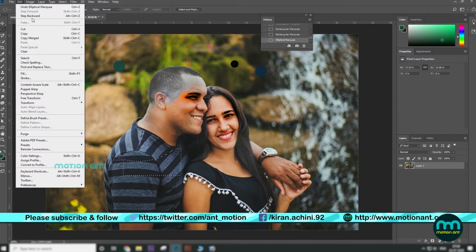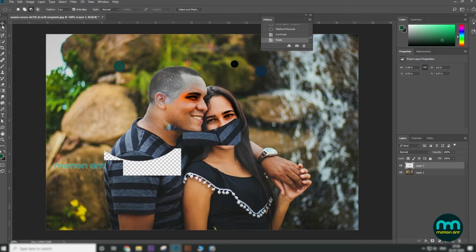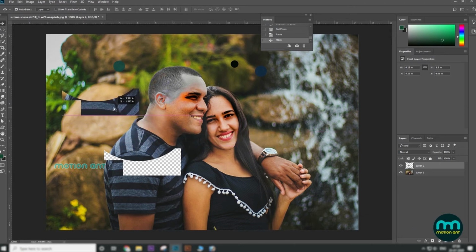Once you have a selection area, just go to Edit and then to Cut, Copy, or Paste. In particular, when you use Paste, you will place the copy as a new independent object or layer, as you can see from the layer window on the right.